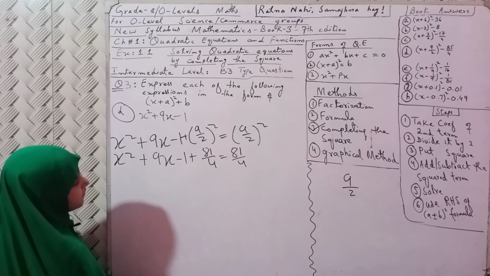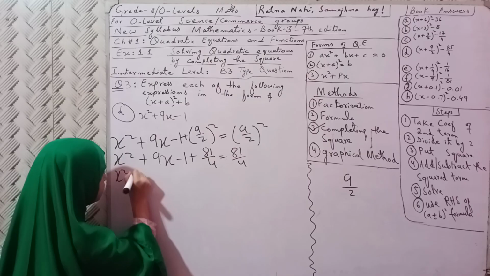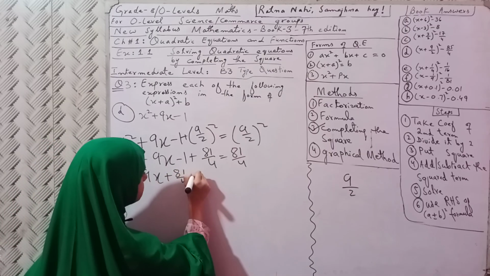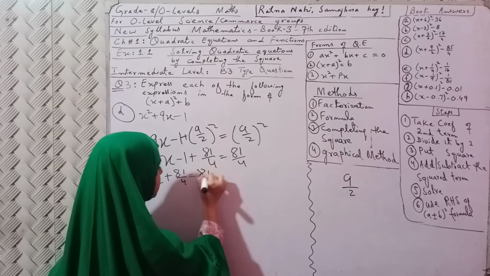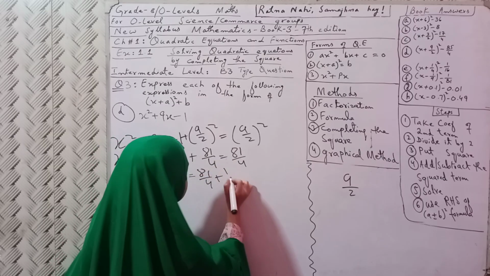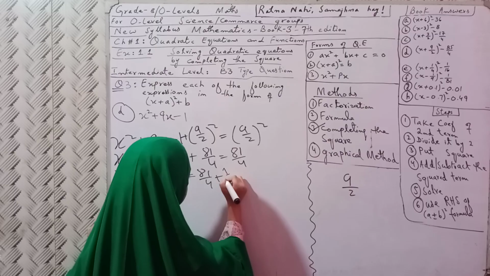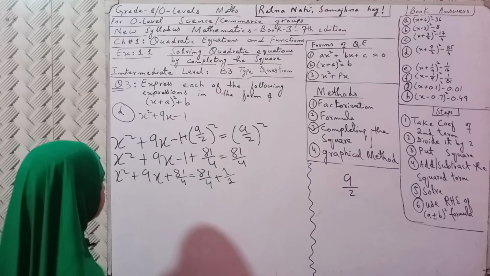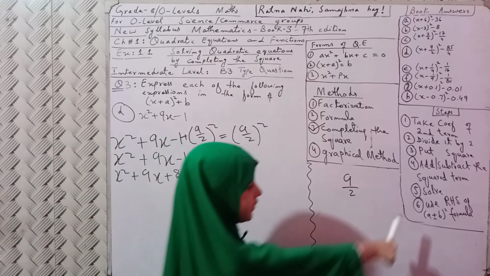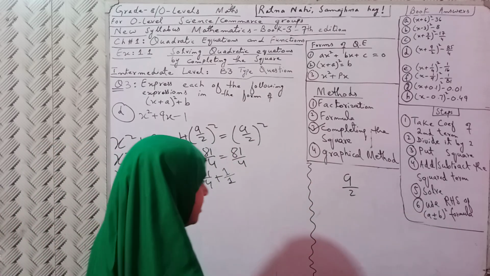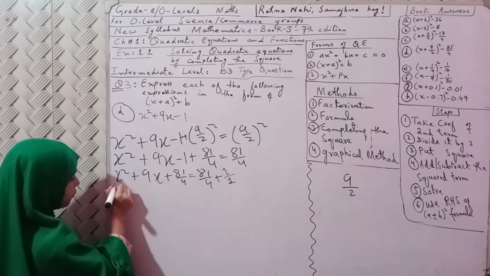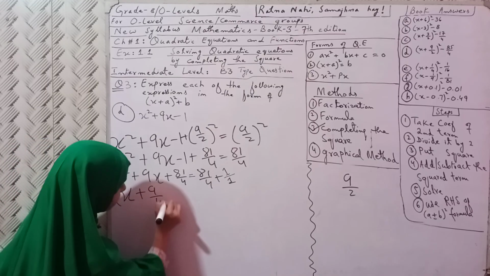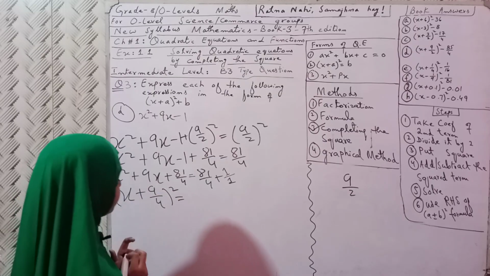Then this minus 1 will go there, this will be plus 1. 81 upon 4 plus 1 upon 1. Then we take the LCM, and here we will use the right hand side a plus b whole square or a minus b square formula. So here will become x plus 9 upon 4 whole square is equal to